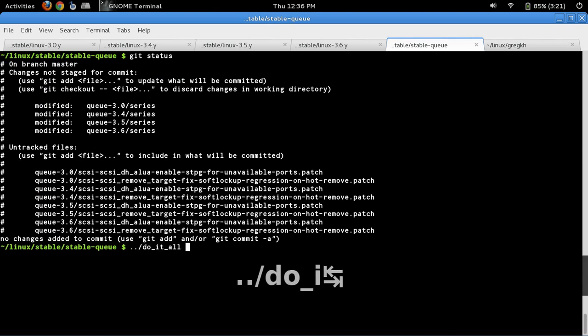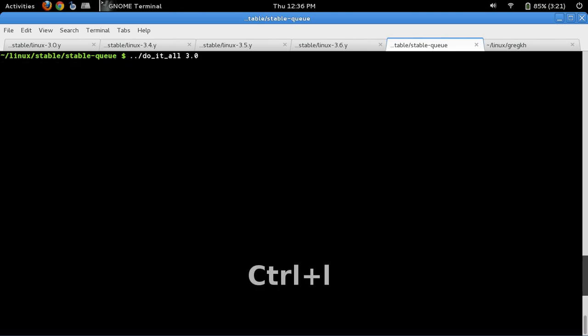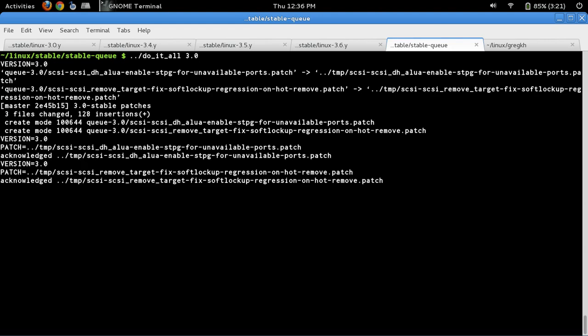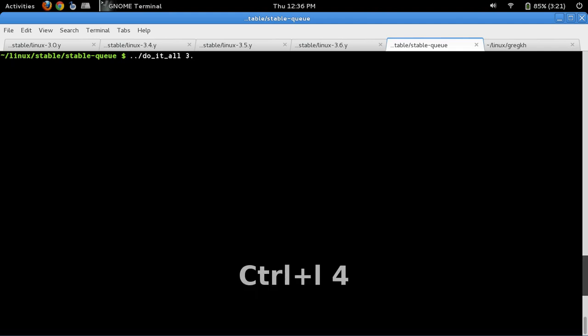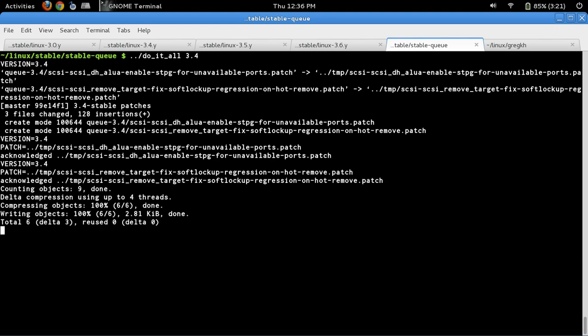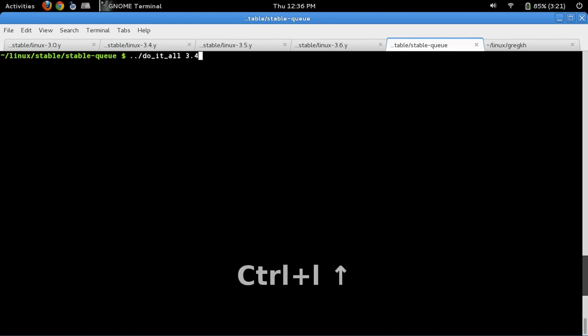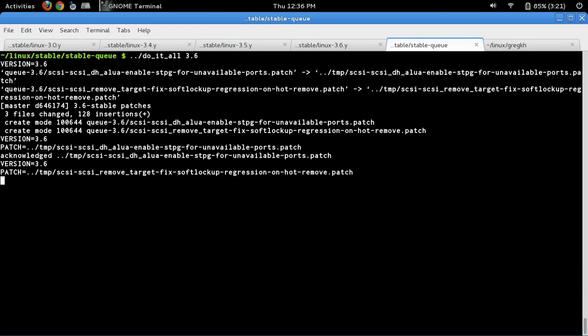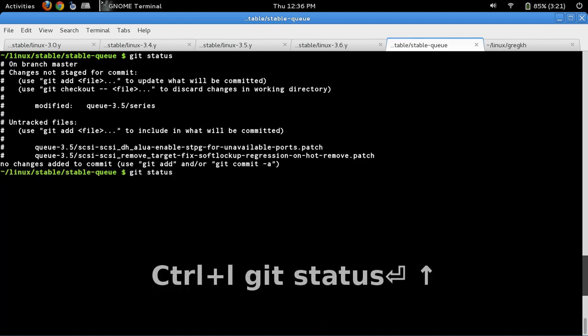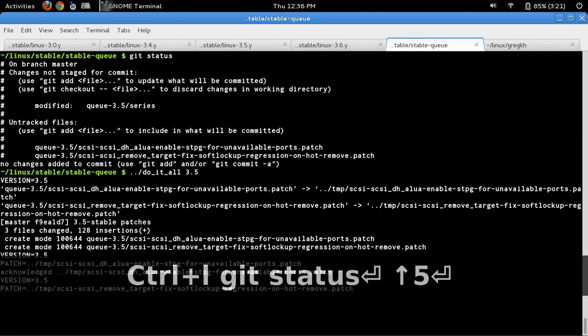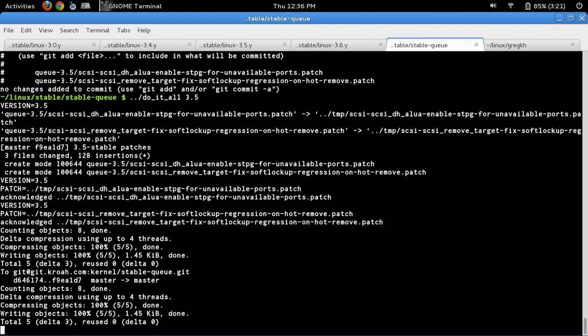So we have a wonderfully descriptive patch script called Do It All for the 3.0 kernel. And what this does is it'll take the patches, send off email to everybody, commit them to the tree, and push them out publicly. And then that's it. So let's do that for the 3.4. And again for 3.6. Oops, forgot 3.5. And that's how we apply patches to